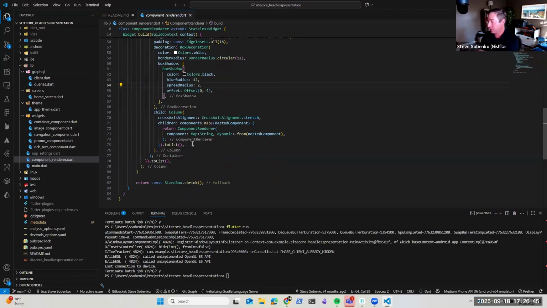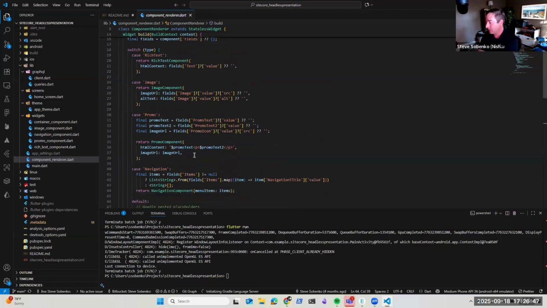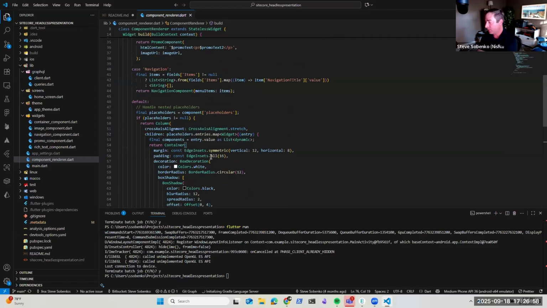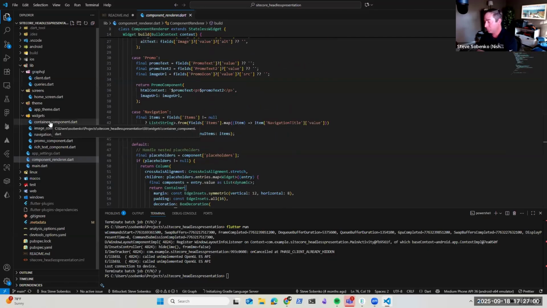But basically recursively calling this mapper file with every component that comes back as I traverse that tree.